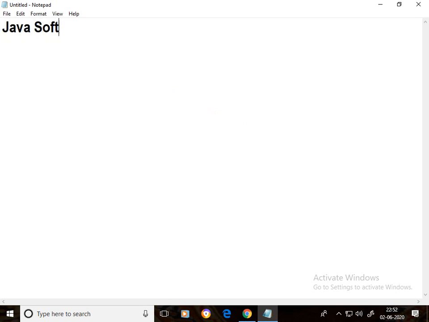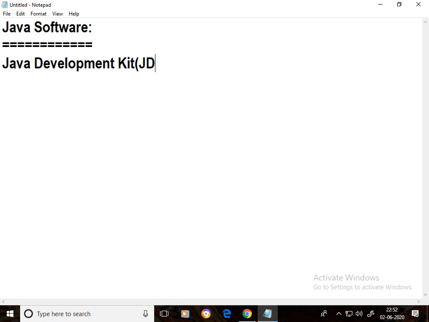Java software is nothing but Java Development Kit. In short, we call it JDK. The latest version of JDK is 14.